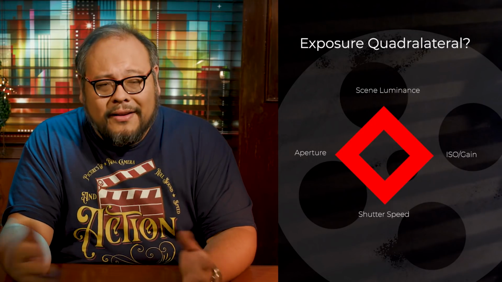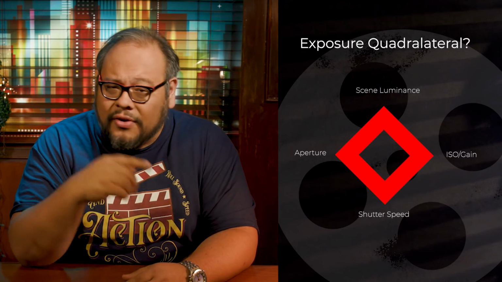But before you think it's an exposure quadrilateral then, well, that doesn't make any sense either. I mean, it's not a circular relationship. The light coming from a scene doesn't change if we close the aperture. Heck, we can throw a lens cap on the lens and the light from the scene would be none the wiser. Our camera settings have a dependent relationship to scene luminance. But there's another important tool that the exposure triangle misses.